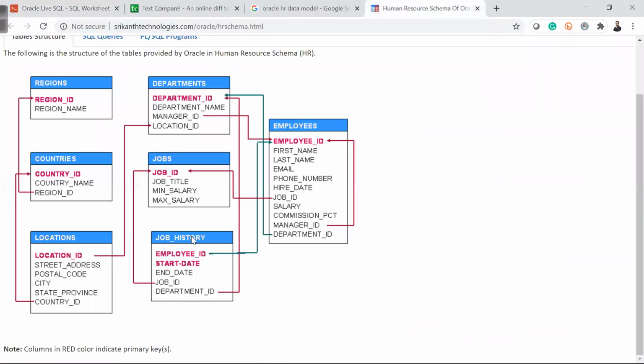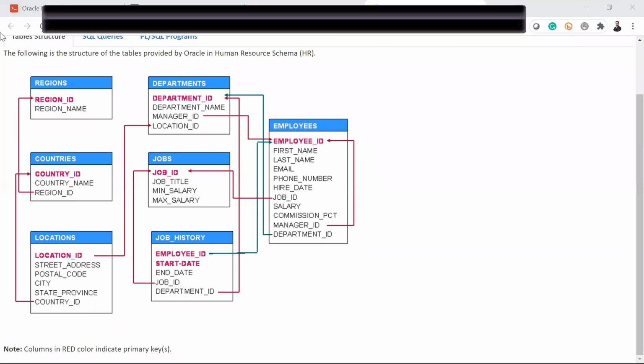So basically if you see in the job history table, this employee ID is a foreign key. You see here this green line, start date and employee ID combination is my primary key. Then we have the job ID, which is a foreign key, and the department ID, which is a foreign key as well. All right, so this is the data model, and that is what we actually tried to create here as well, almost the same.